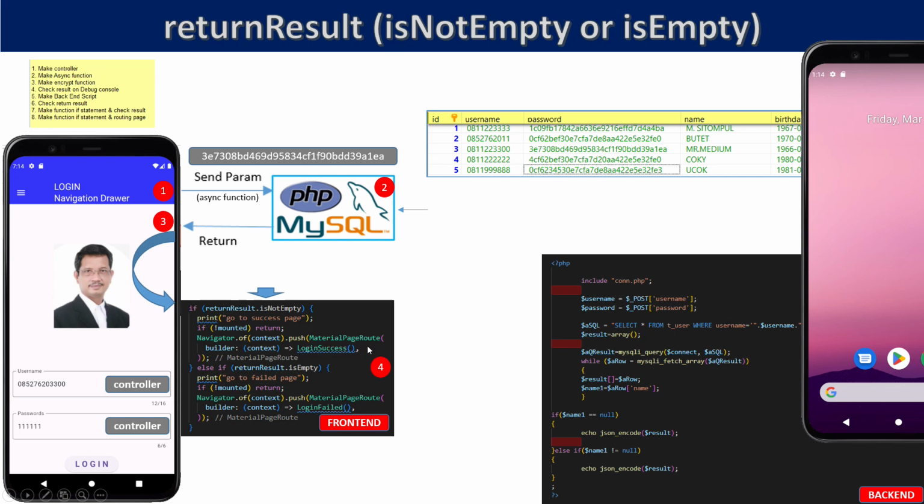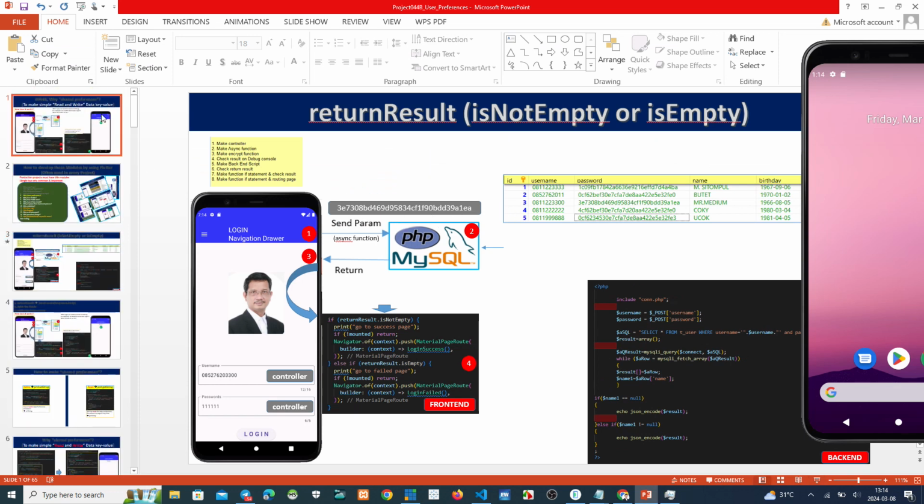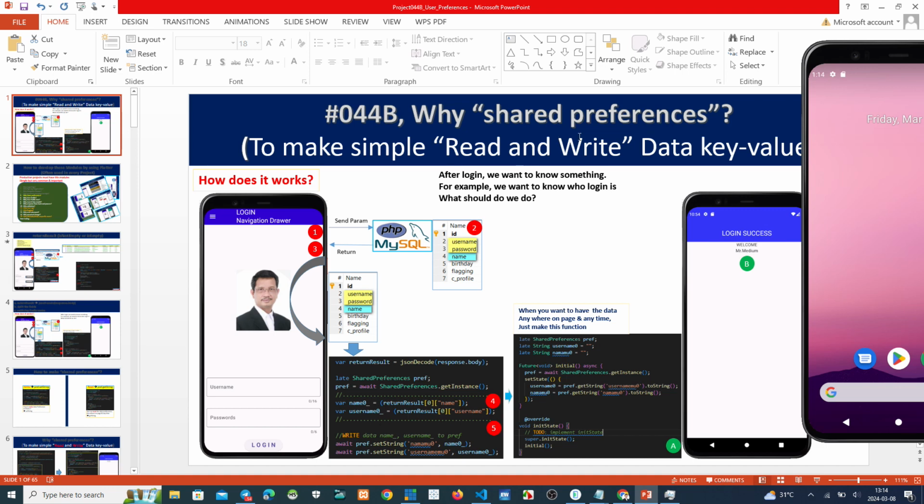If the return back is empty, then the Flutter goes to the login fail. Okay, after this one, we go to the self reference.